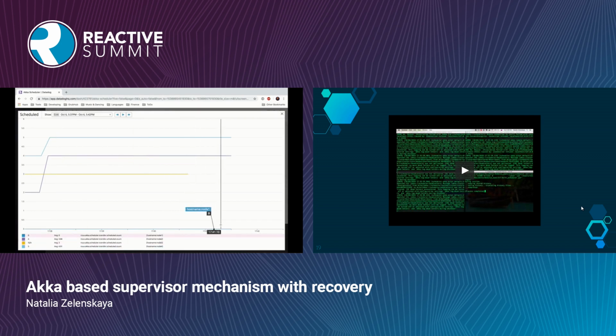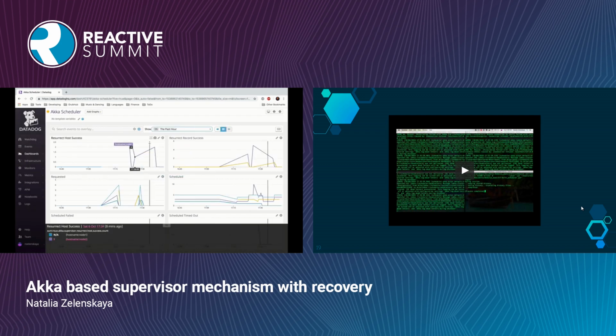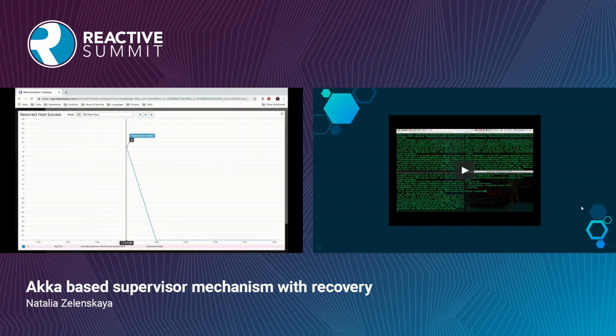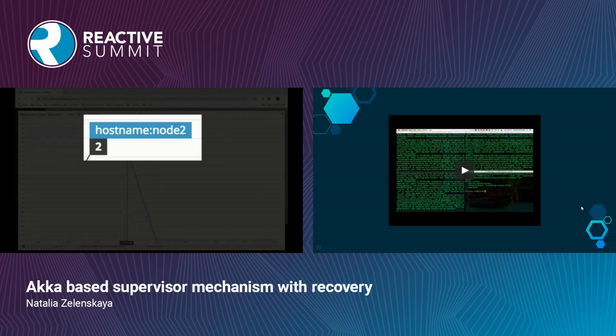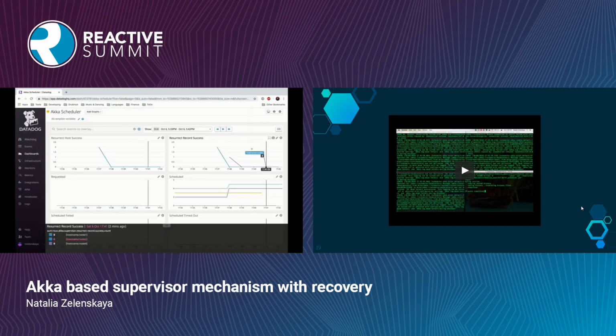We can also see the event that has happened, that the host went down and it has been handled by a new leader. So I'm going to zoom in on this event. We can see that node number 2, which is our current leader, has actually recovered 2 hosts, which is node number 3, the originally failed one, and the leader, node number 1. It just didn't have any records.